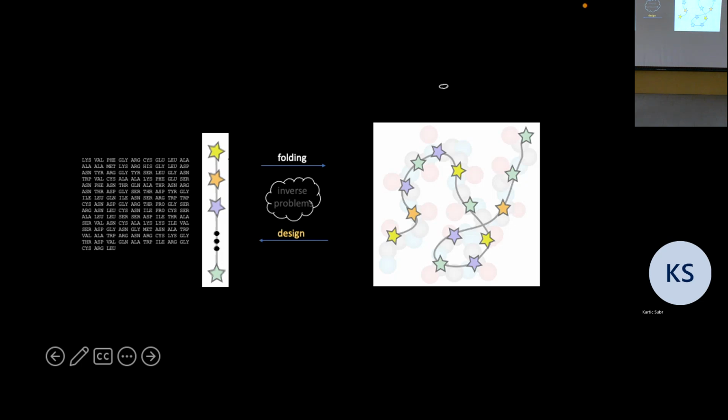But there's another interesting problem here, which is the inverse problem. If I give you the 3D structure, can you tell me what string I should start with? This is actually a more realistic problem. Take, say, the binding of the COVID virus and its spike protein: often you know what 3D shape you want. The biologists have scanned it and they'll tell you, I want some protein that's in this shape. They very rarely will tell you, make me a protein with this sequence. So the inverse problem, again, is not solved.